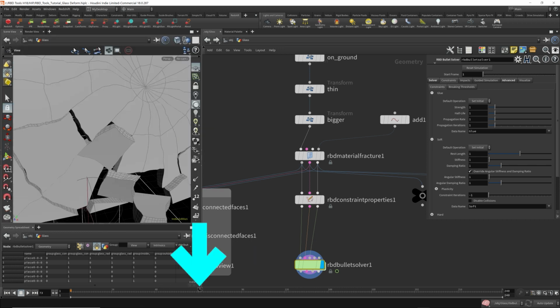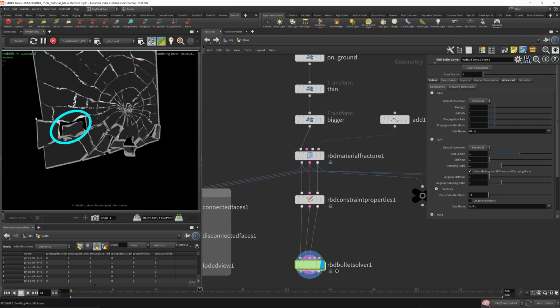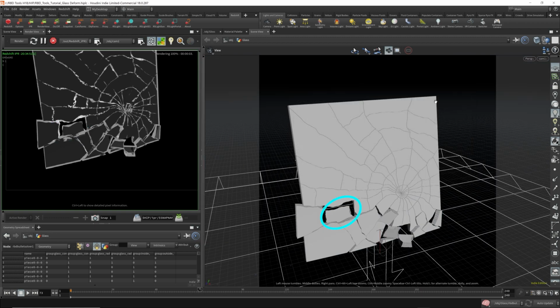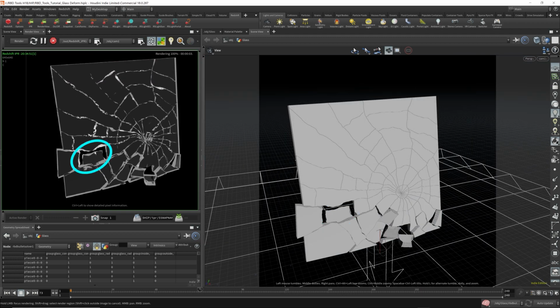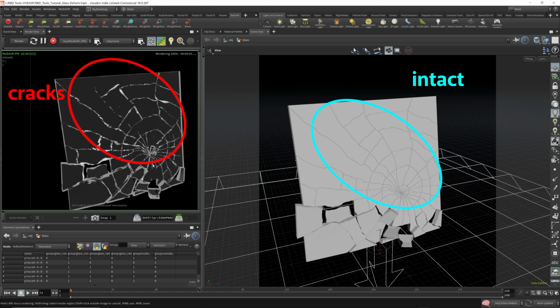Now if you look carefully, this part is not shattered. This part, we can see that it's shattered. So we can see that this part is shattered. Now this middle part is intact. This spider web, the origin of the spider web is intact, but we're still rendering the crack. That's not very useful because it looks like it's already cracked before it's even collided with anything, before it's even